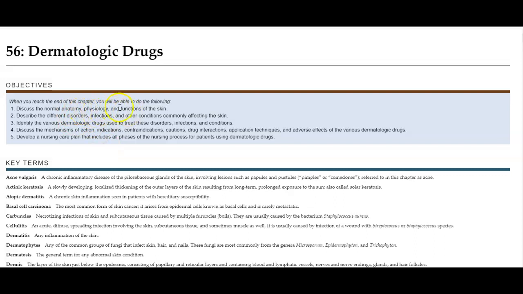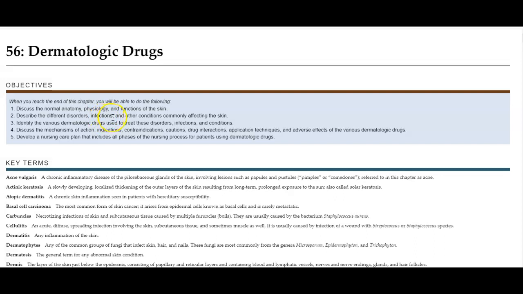Do review the anatomy, physiology, and function of the skin. Know that the HESI question for this one is that if I break that skin barrier, I am inviting infection into my body. That's the number one thing they want you to understand about the skin, that it's a barrier for infection. On the second one here, when we look at some different disorders and infections, understand that